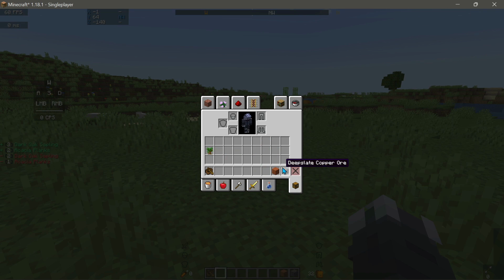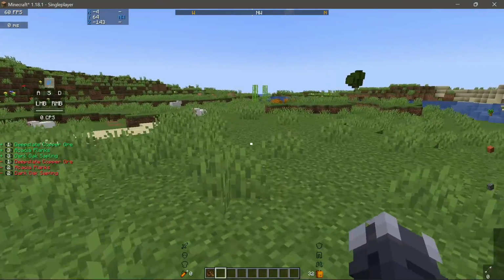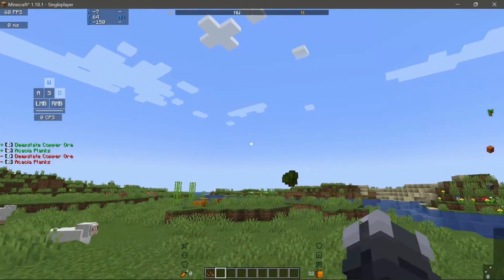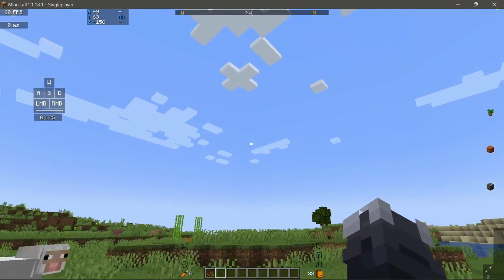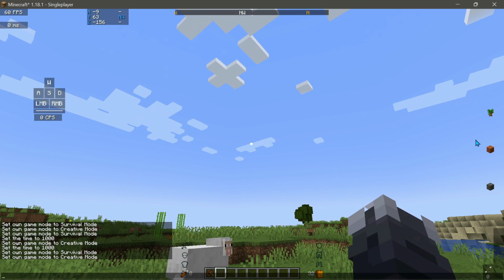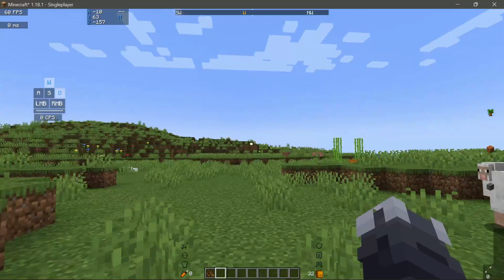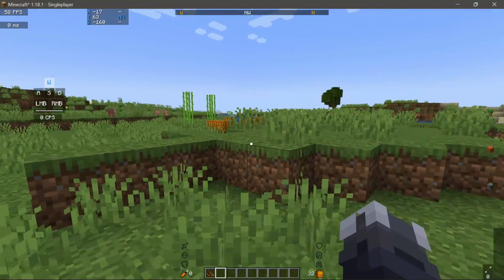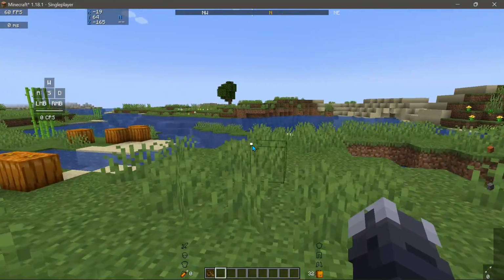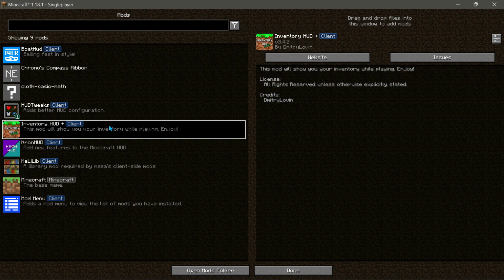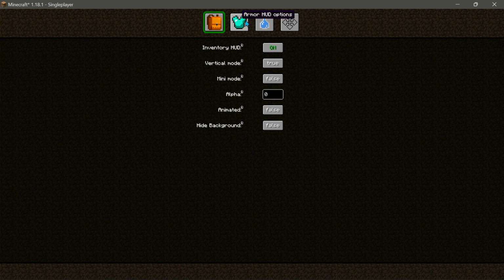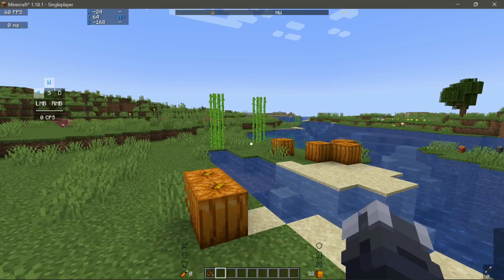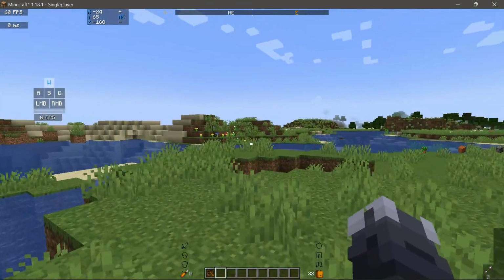I'm going to place these items all over the place over here, and as you guys can see on the right hand side, it is showing my inventory items but in a vertical section. If you have a look at this bit here on the right hand side, you can see it is showing the items inside my inventory in a vertical type mode. I can obviously change that to a horizontal position by going into the configure menu here and turning the vertical mode to false, and that will change it to a horizontal type position.